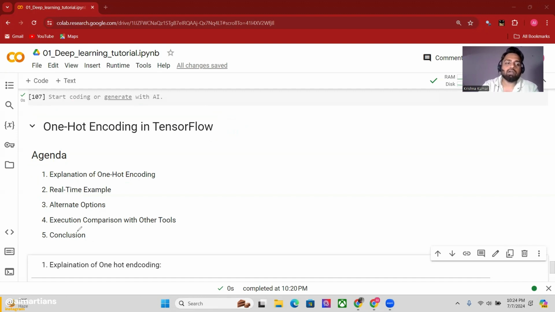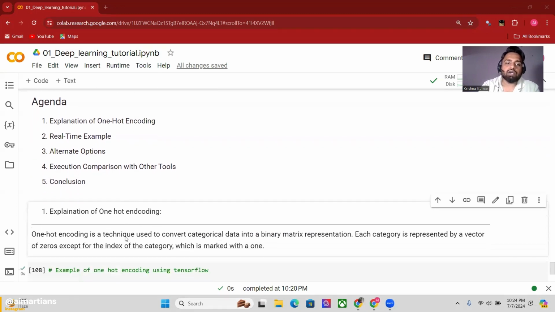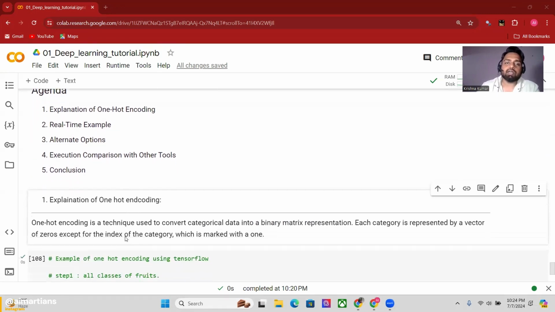The first thing I have to show you is the explanation of one hot encoding. Here I mentioned a concept. I just googled it from somewhere and stuck it here. The explanation of one hot encoding may look quite complicated, but don't worry, I will explain it with a suitable example. So let's see this. Here I mentioned one hot encoding is a technique used to convert